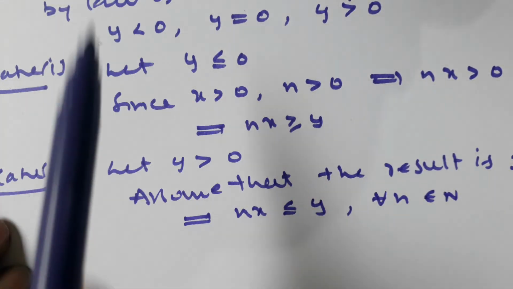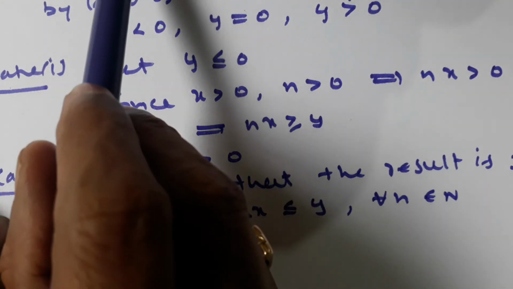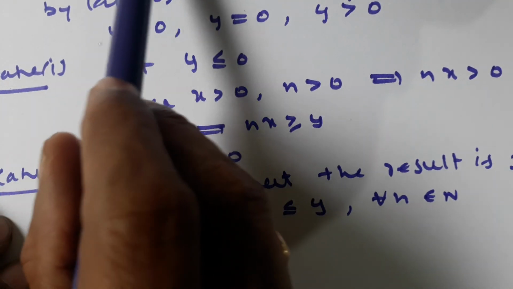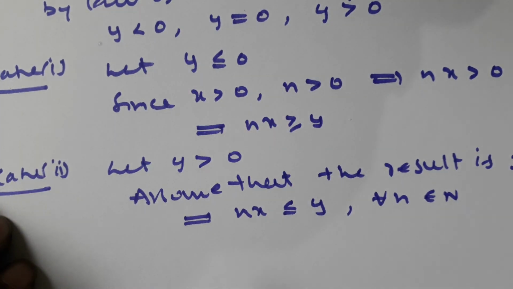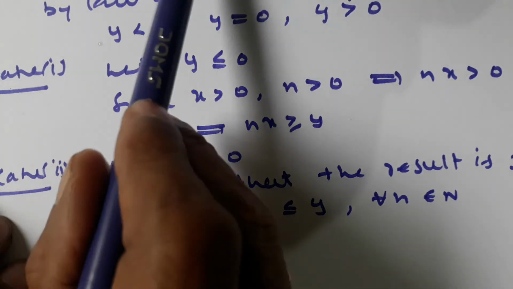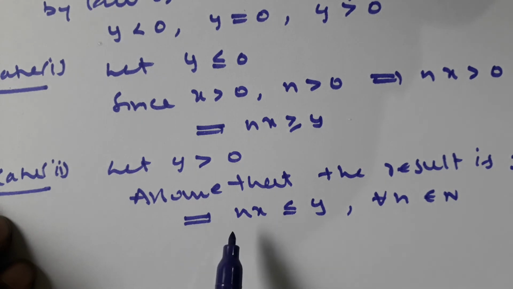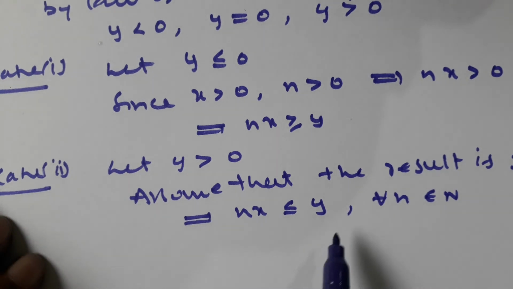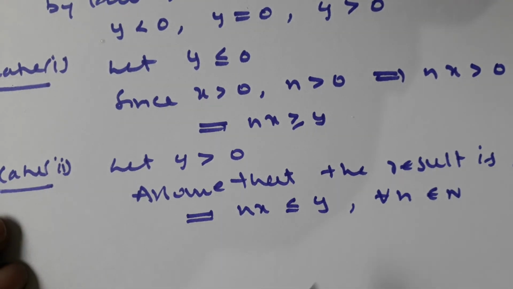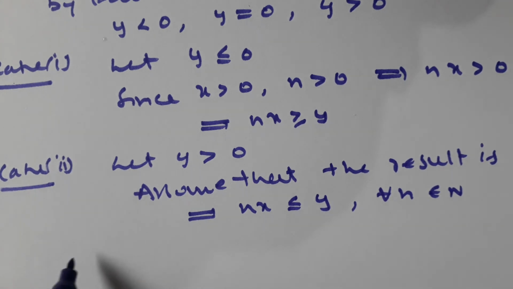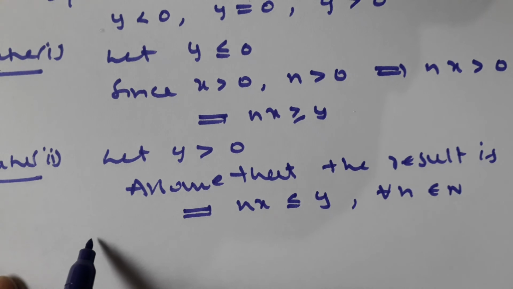The result means nx greater than y. Even the equal-to case is sometimes true when n is 1, x is 1, y is 1. In other conditions, only nx must be greater than y. So we are assuming now that nx less than or equal to y, meaning the result is false. How can we prove that it is true later on? Thus, by the contradiction method, we can prove this.